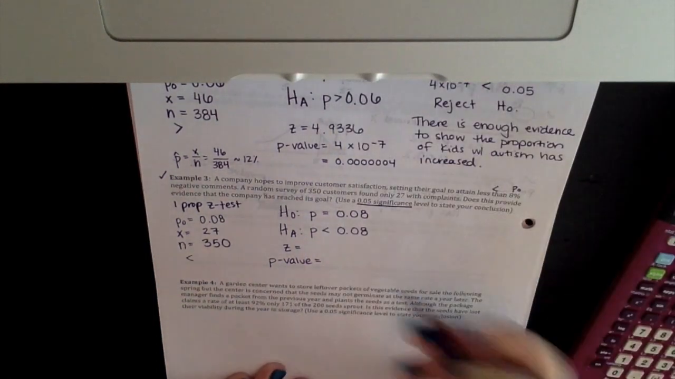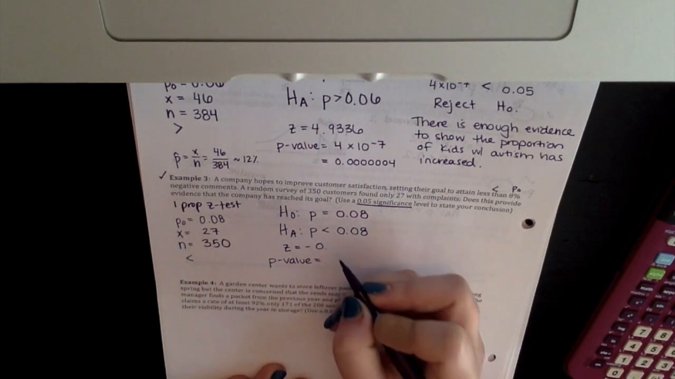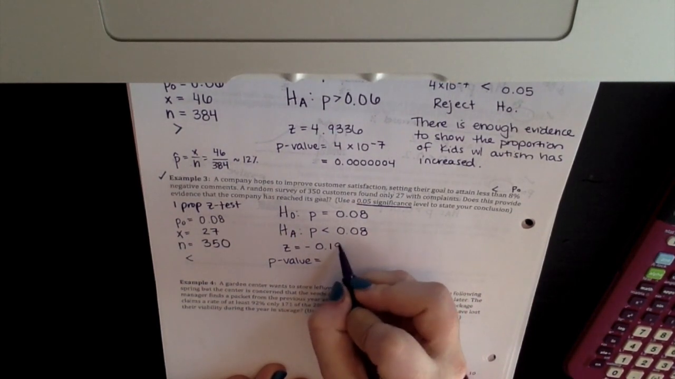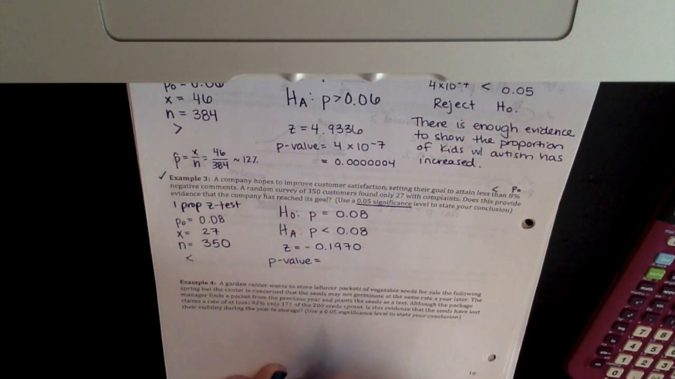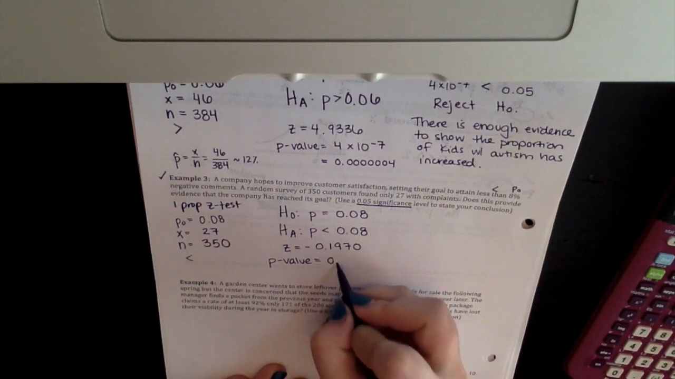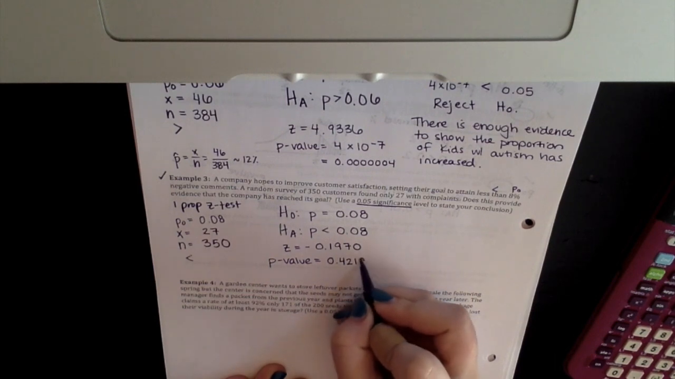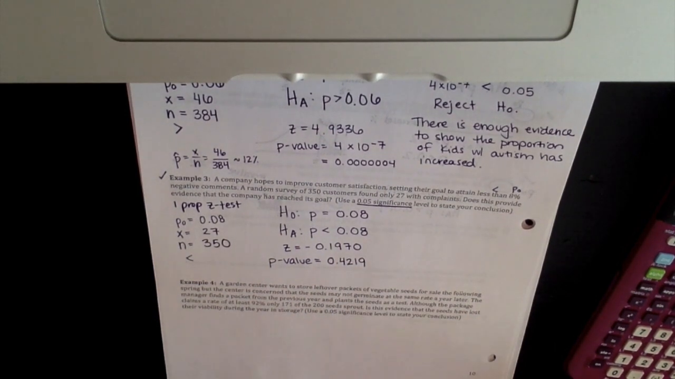Okay. So our z-score is okay to be negative, negative 0.1970, and our p-value is 0.4219. Okay, so